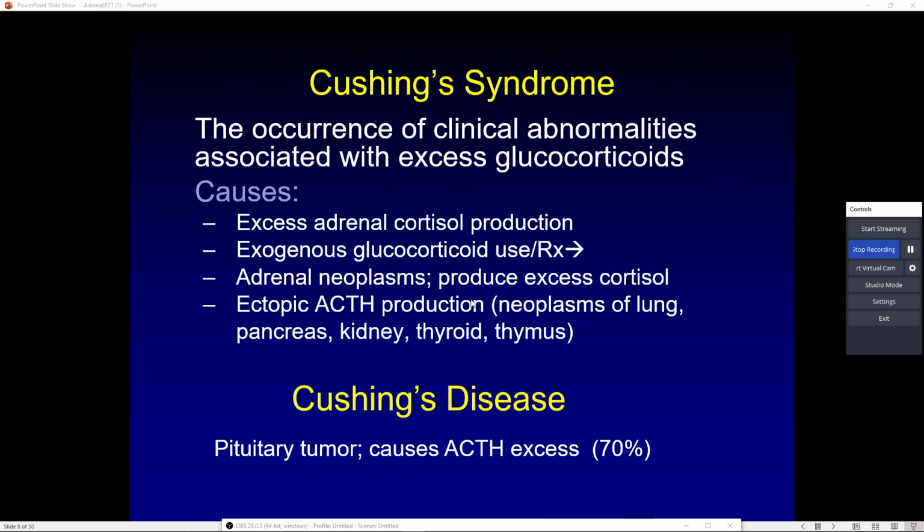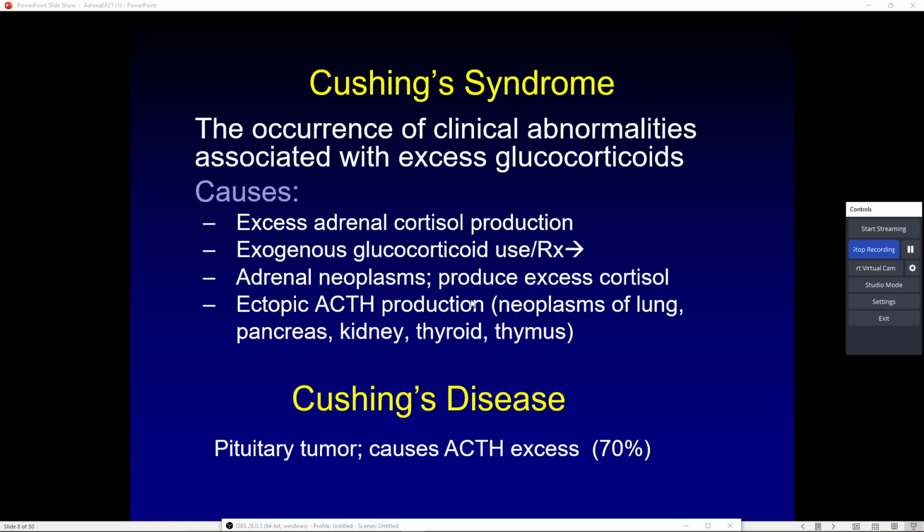Cushing syndrome. So what do we have? We have excess adrenal cortisol production. We have too much cortisol. Really quick, you're going to hear two terms here, endogenous and exogenous. Endogenous refers to hormones or steroid bases which our body produces all on its own and releases without any outside influence. When I say exogenous, we're talking about any steroids or hormones administered from outside the body.